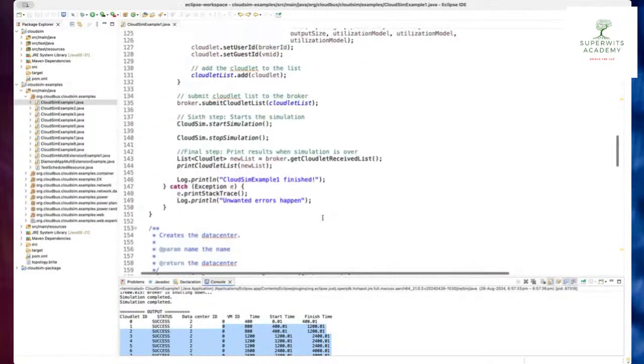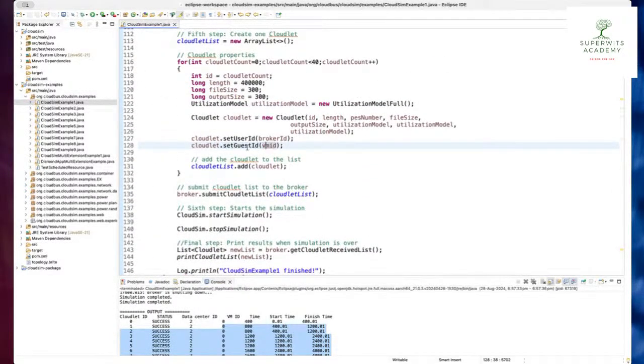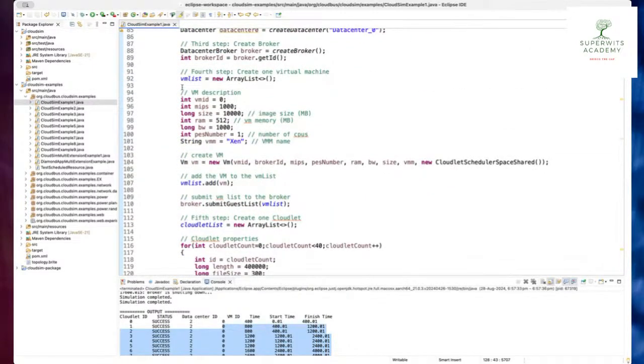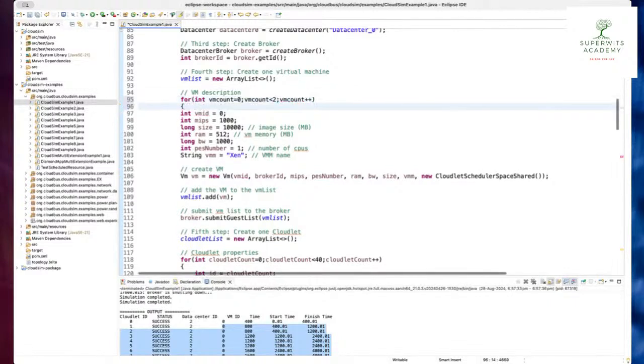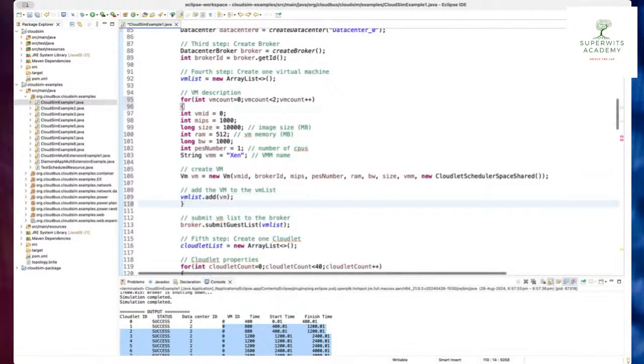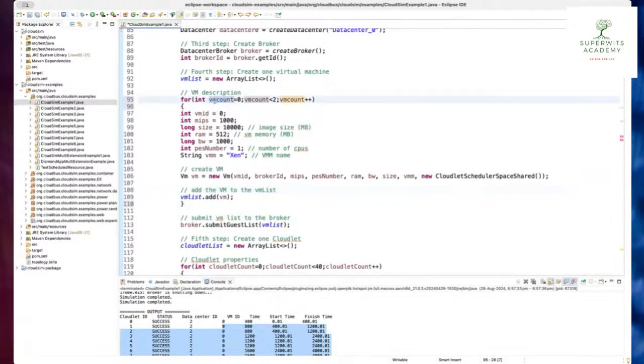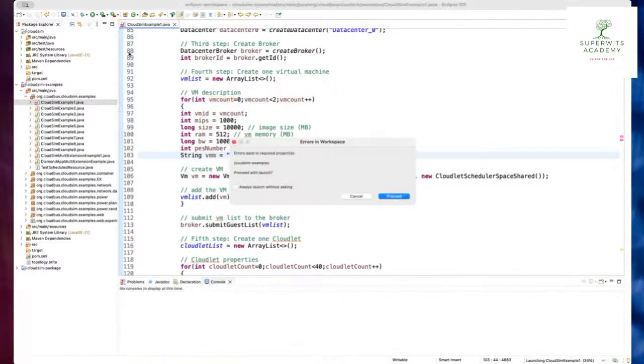Let me add one more virtual machine. You can see over here the set guest ID is being set with the VM ID that has been created on the top. So let's say I do one more for statement. For int VM count equals 0, VM count less than 2, VM count plus plus is required, and that's again what we are doing over here. Instead of VM ID equals 0, we are going to make it VM ID equals VM count. Now if I try to execute the program,